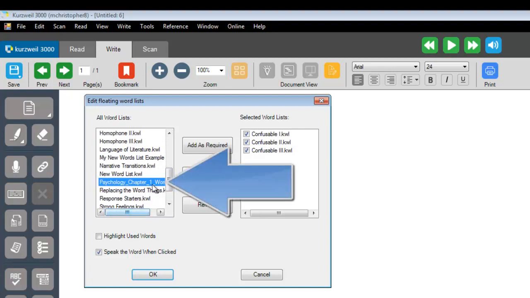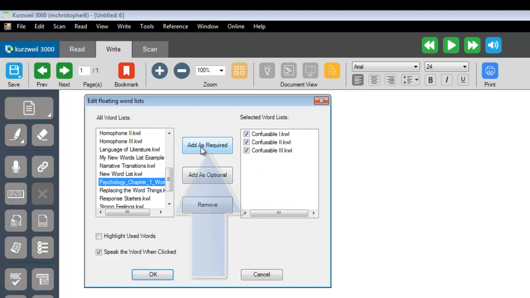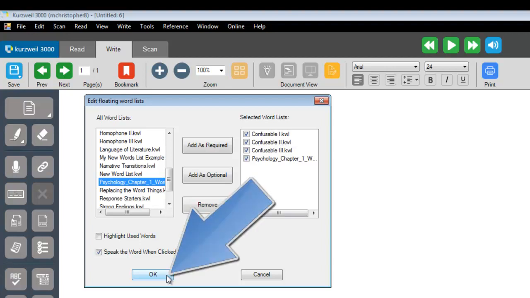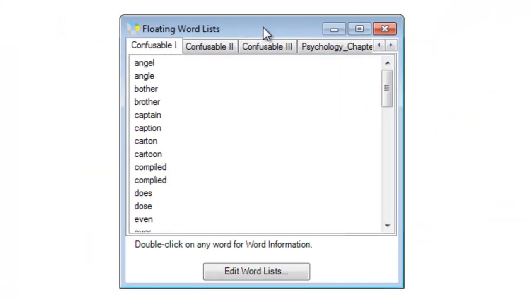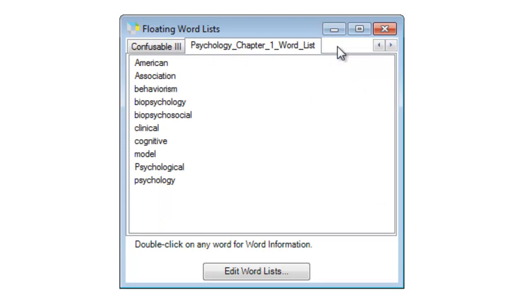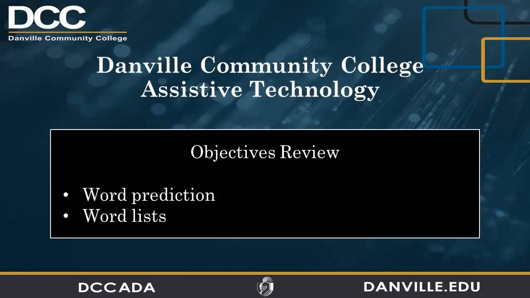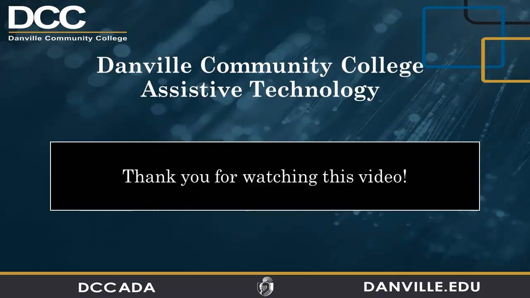We remove the Homophones words list by selecting the words list in the list to the right, then select the Remove button. On the Edit Floating Words List dialog window, locate and select the new word list from the list of all words lists in the scrolling selection list to the left. Next, select either the Add as Required or the Add as Optional button. Next, select the OK button to add a new word list to the Word List floating window. The words in the new word list will now be displayed in the Floating Words List window as a tab, and automatically become word suggestions in the word prediction window. In review, we have examined the word prediction feature and the word list